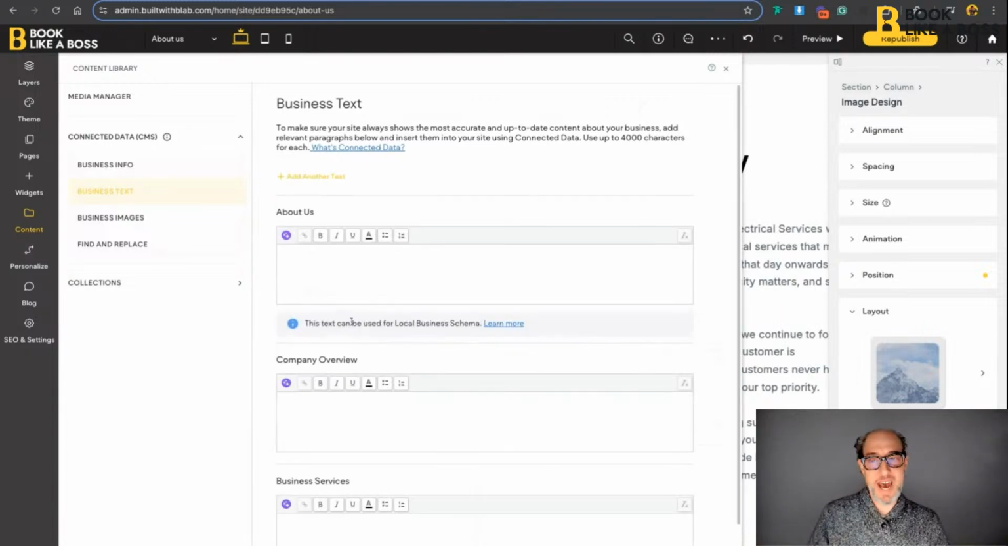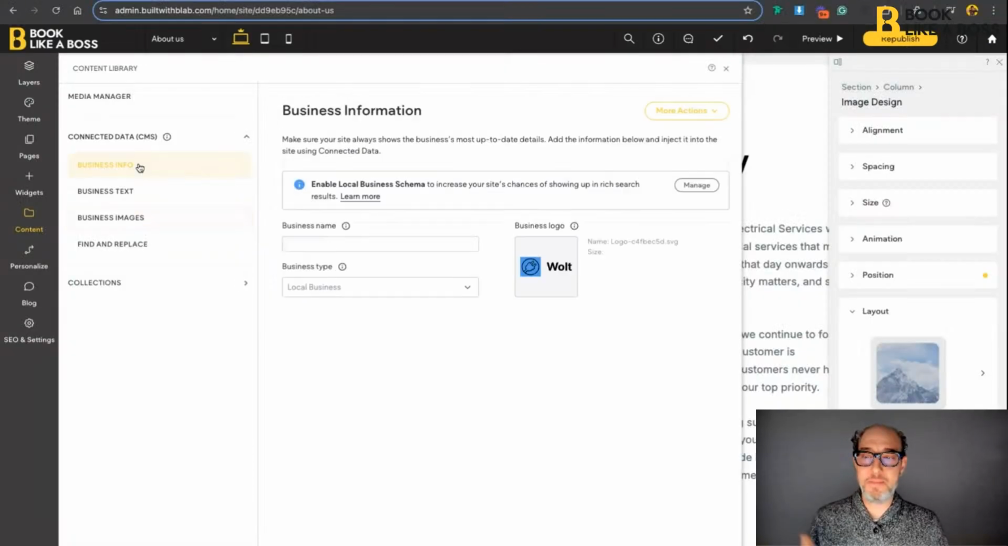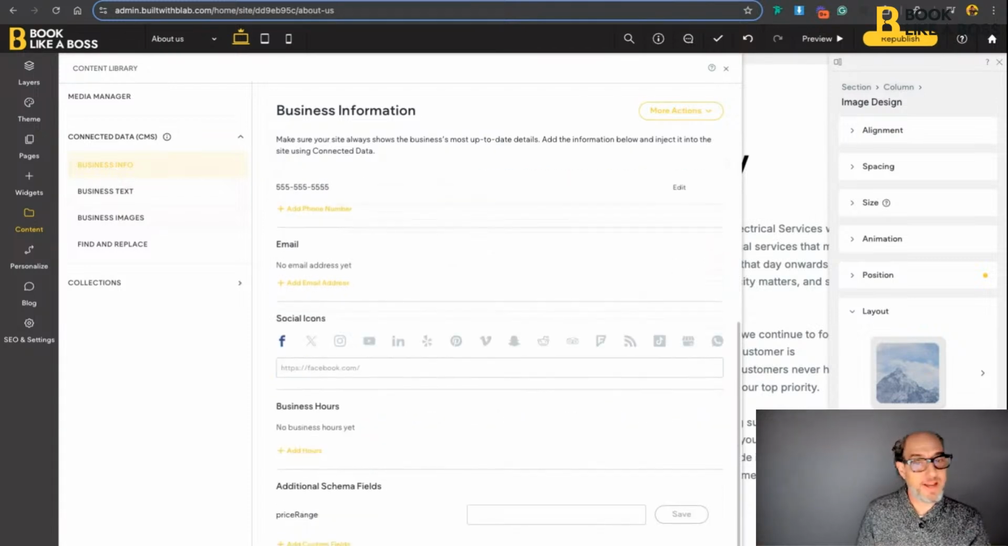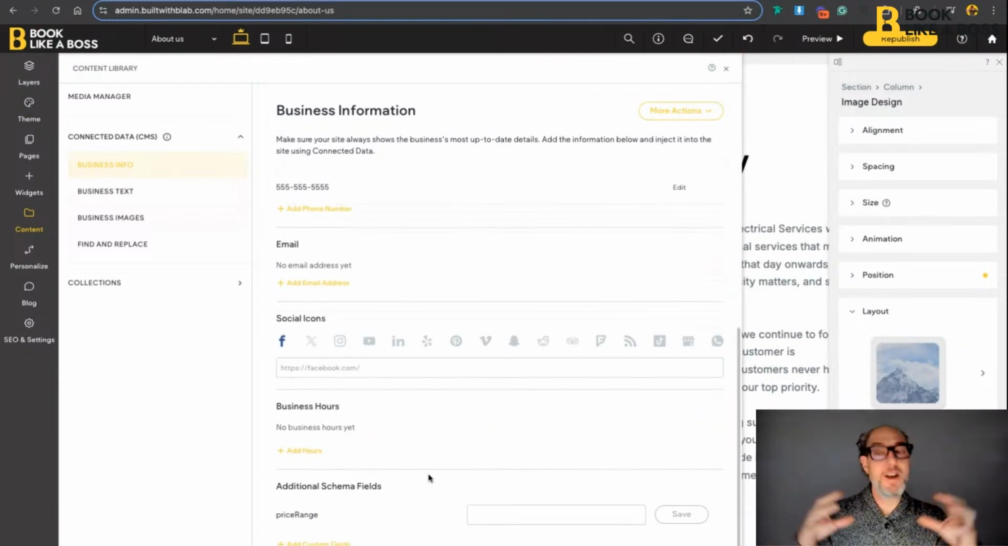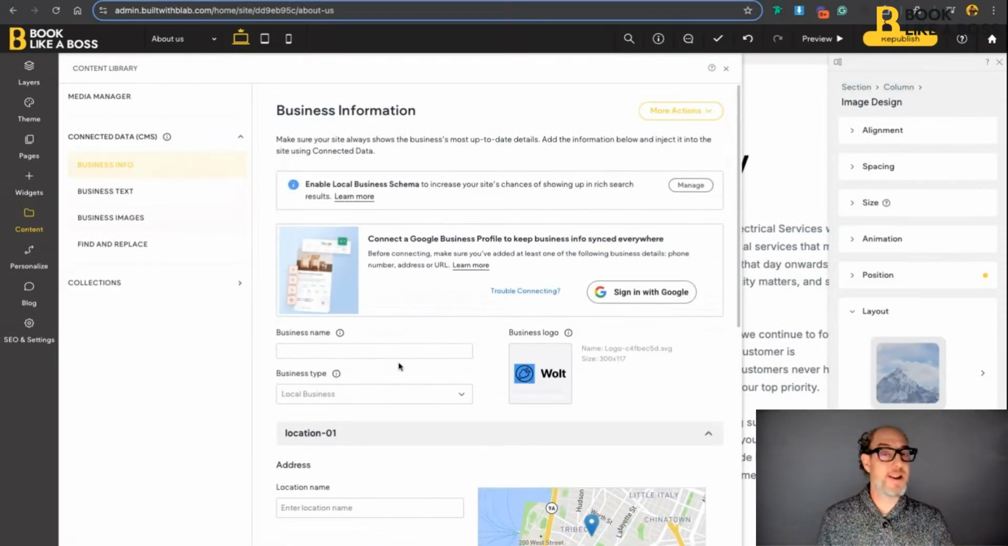When you get to business text, there's some text options, business images. You can upload images, and your first 5 will be used for a local business schema. So that would be your outside sign. That would be your waiting room. That would be, if you're a dentist, the patient exam chair in the room, right? Things like that. But you definitely want to take advantage of this. This is all about local SEO and helping your Google profiles understand and keep consistent with the information on your website. Once you've filled it all in and you're ready to go, you go right here where it says Enable,